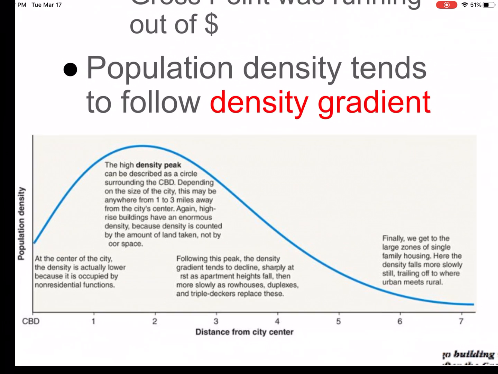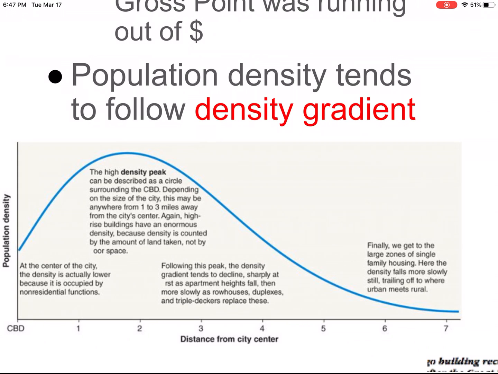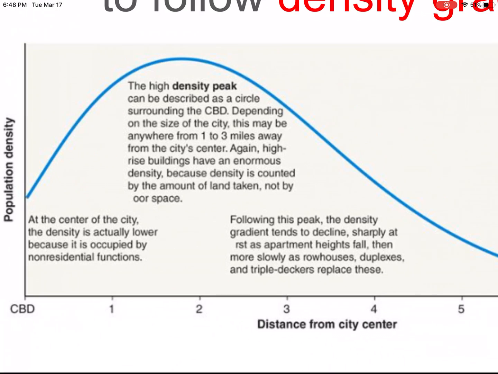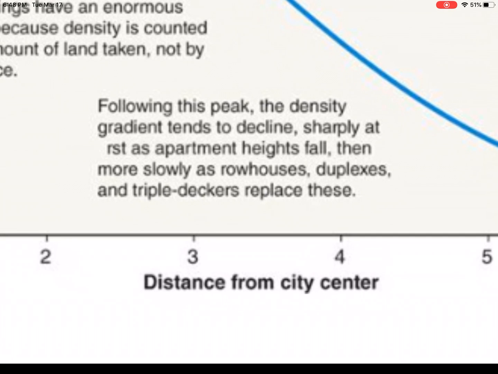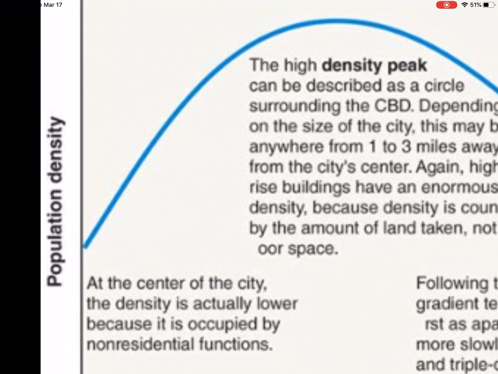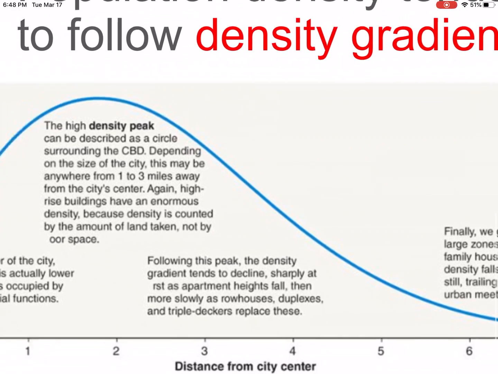Regardless, the other point to add is about what's called the density gradient. Now, I'll add that this doesn't really fit into stuff about annexation. This is just a pattern. I wasn't really sure where else to put it, so it's falling into this annexation slide. The density gradient is very simple. It is how dense land is from the central business district. Basically, you can see the chart shows you population density on the y-axis, distance from the city center on the x-axis. In other words, as you get farther away from the CBD, tracing this blue line, land gets more dense